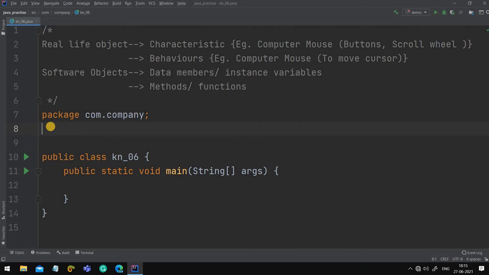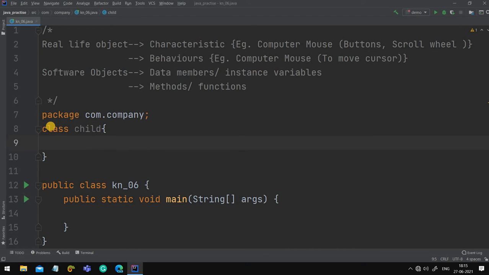Let's create a class. The class is Child. And it has some members.